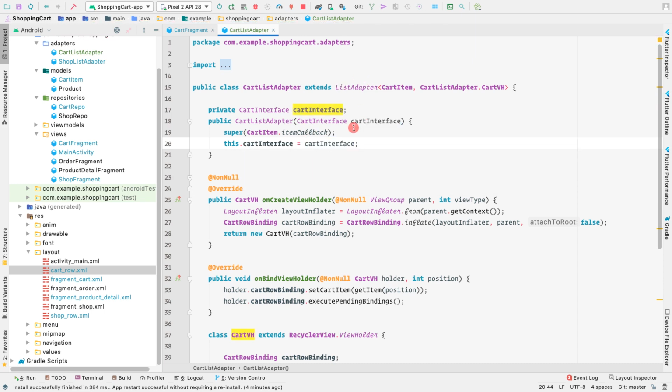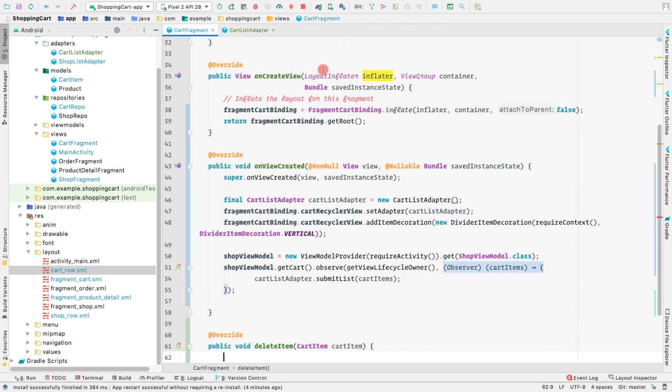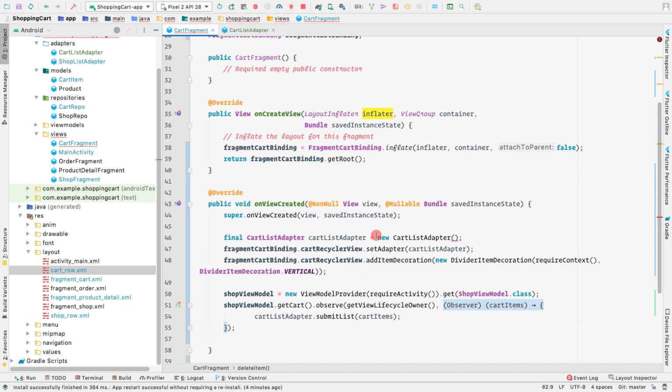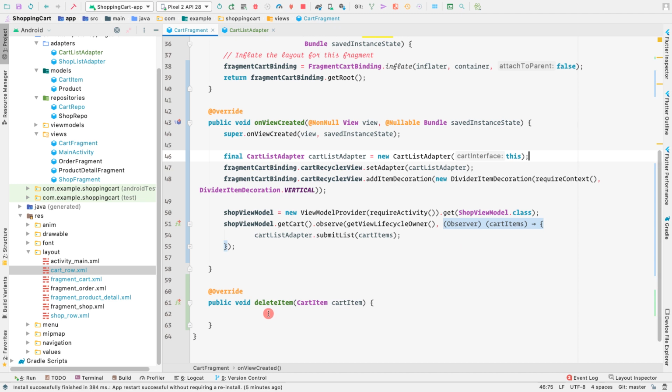Now we can use this interface that is implemented by the cart fragment. When we are initializing our cart list adapter, we can pass here this, since this fragment has implemented the cart interface, so that this method would be called.